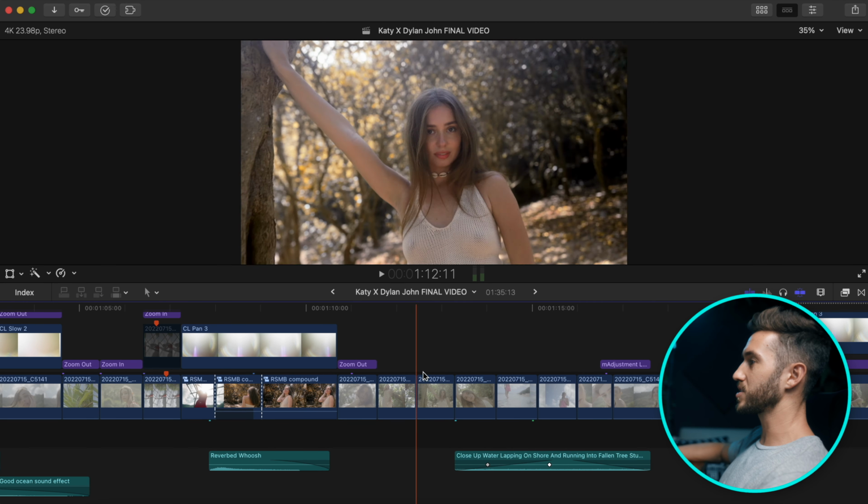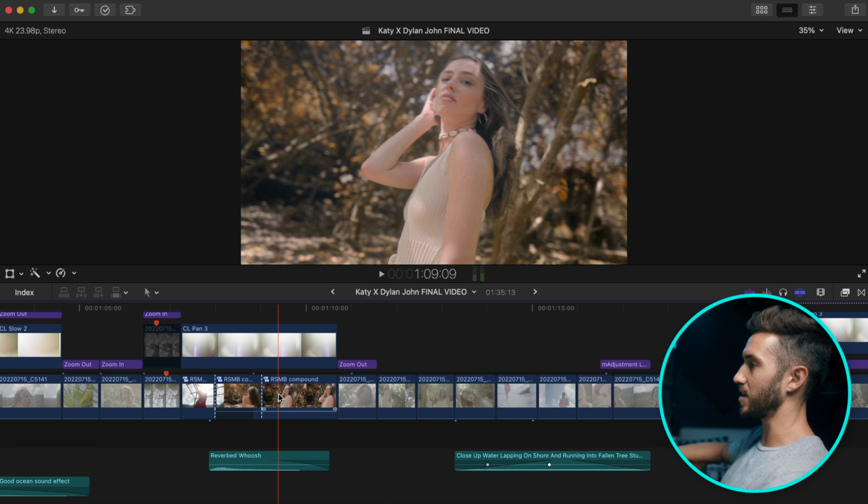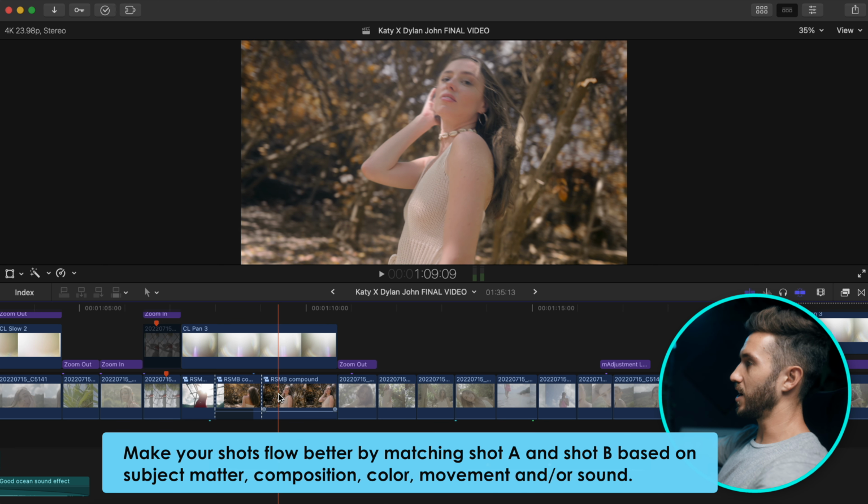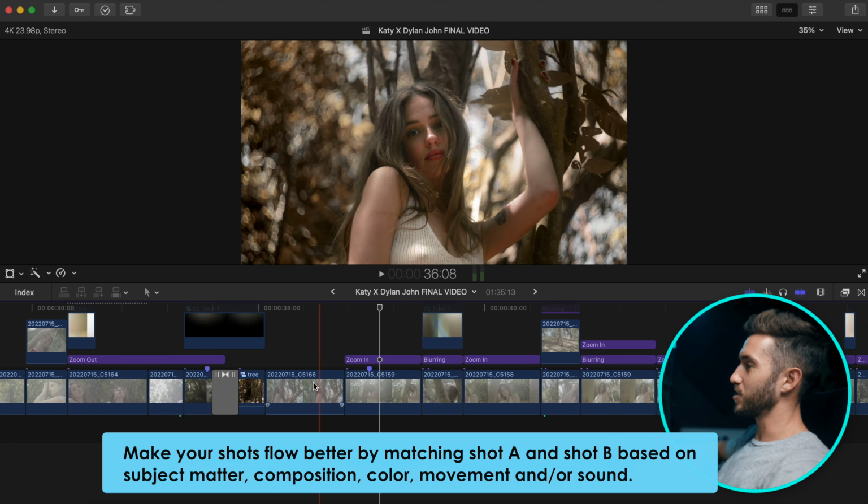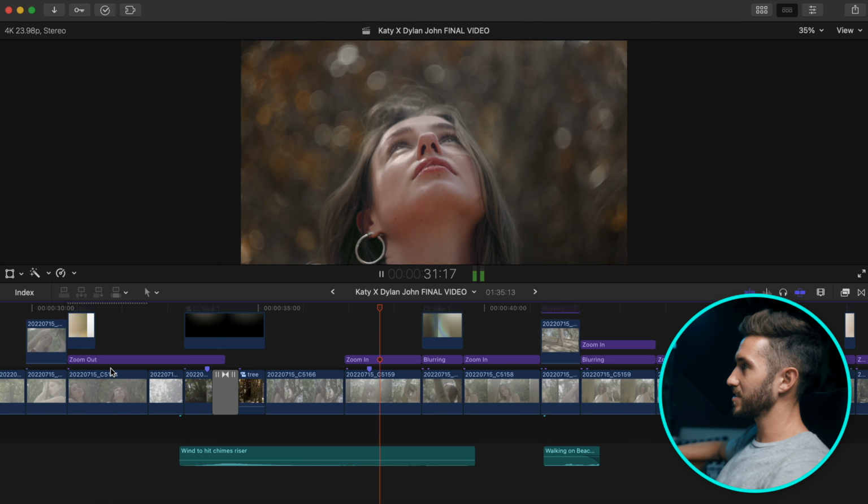Something I always try and focus on is matching up shots based on either the position of my subject, the motion of the camera, color, even sound, and that helps to blend shot A and shot B together a little more seamlessly. So focus on this shot. If we listen to this,